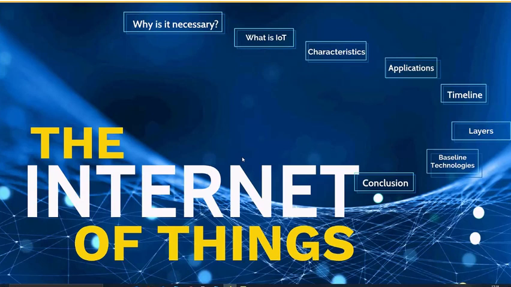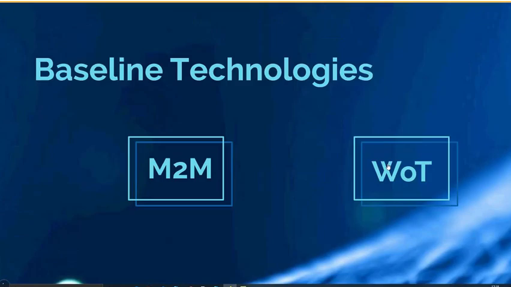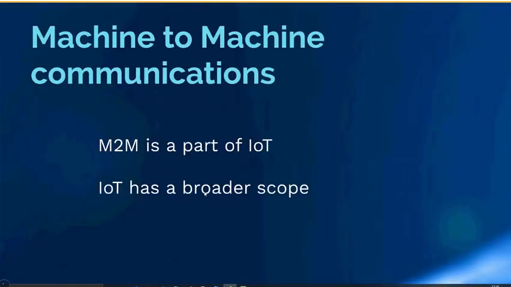A number of technologies that are closely related to IoT are machine-to-machine communication, Web of Things, and also cyber physical systems or CPS. Moving on to machine-to-machine communication, IoT and M2M or machine-to-machine communication go hand in hand. But M2M is concerned only about interactions amongst machines, whereas IoT is inclusive of M2M. IoT has a broader scope since it comprises a broad range of interactions which includes machines, things, people, and applications.